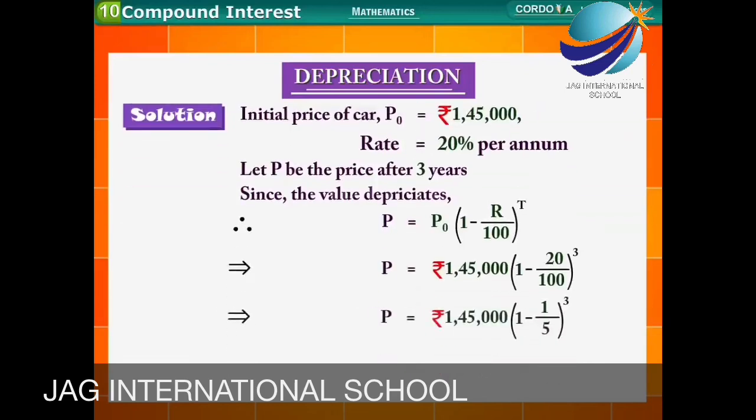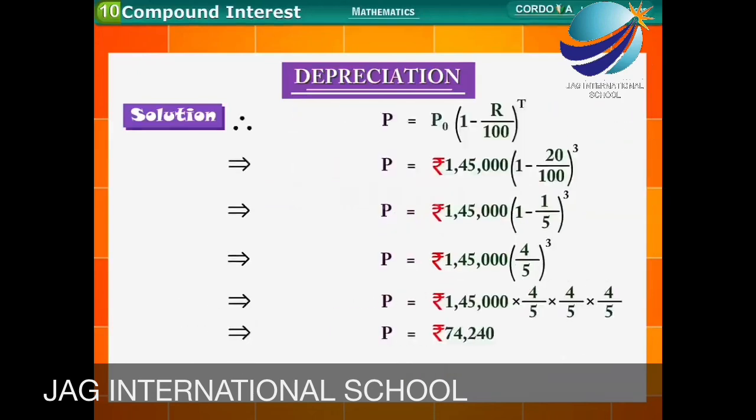This implies P is equal to rupees 1,45,000 into (1 minus 1 upon 5) cube. This implies P is equal to rupees 1,45,000 into (4 upon 5) cube. This implies P is equal to rupees 1,45,000 into 4 upon 5 into 4 upon 5 into 4 upon 5, which is equal to rupees